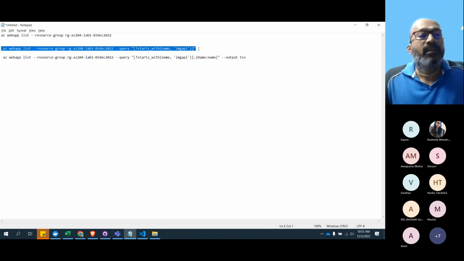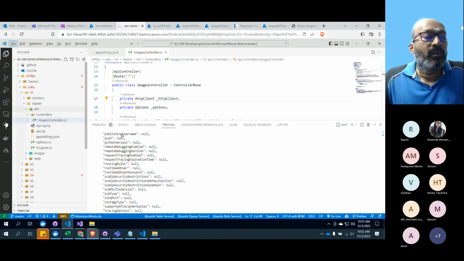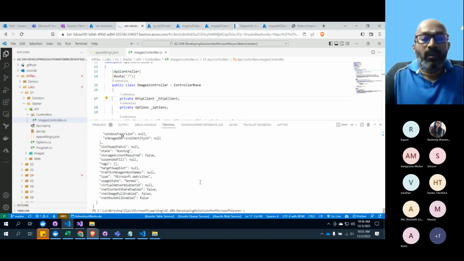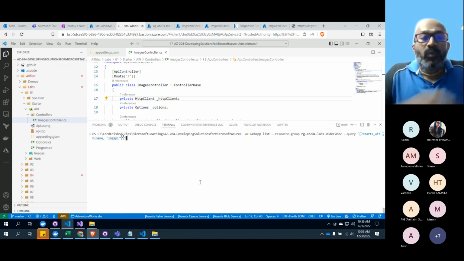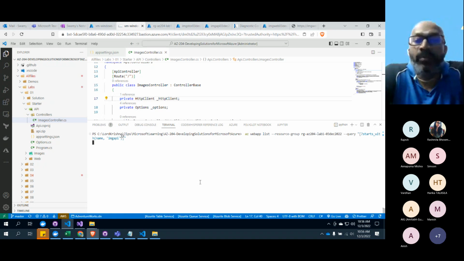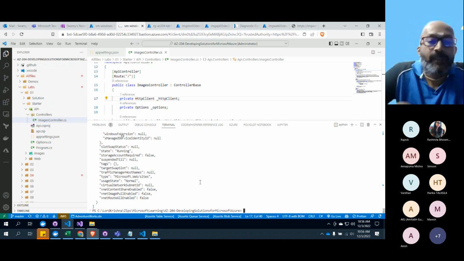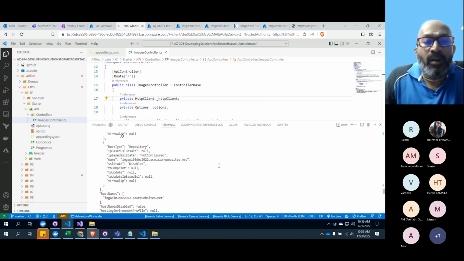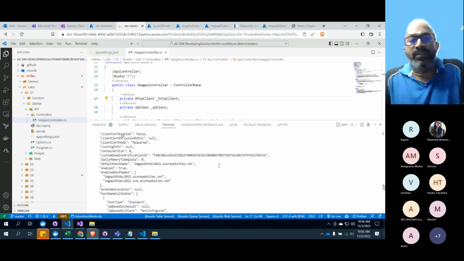The other one is we are doing, specifically, picking up the image, so that it is spitting out a lot of information when we search.